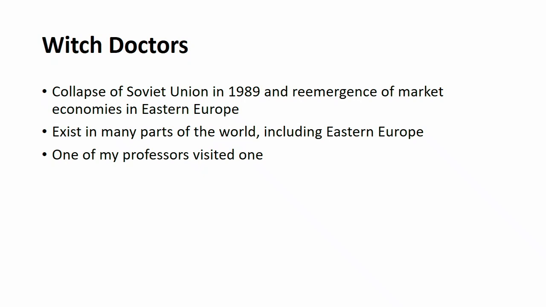So after the collapse of the Soviet Union, 1989, in Eastern Europe, they went from communist, so centrally planned economies, to a free market economy. Well, obviously not totally free market, but they allowed a lot of private enterprise where they hadn't in the past. So a bunch of economists and PhD students from George Mason went over to Eastern Europe when it happened, and then a decade or two later, to see how the process was going, to see what it was like as economies transitioned from centrally planned to markets.